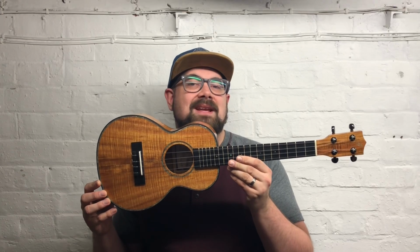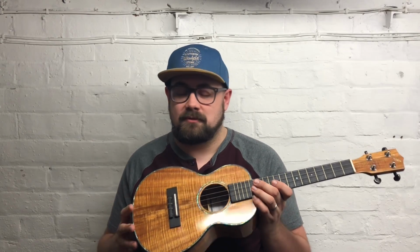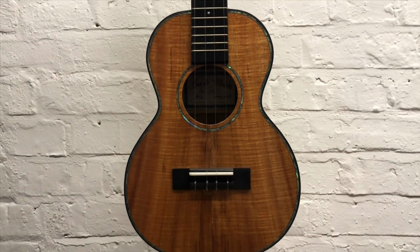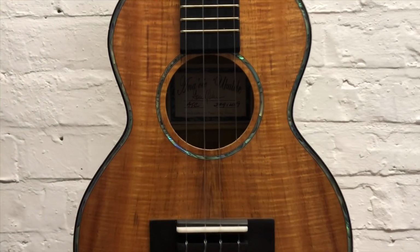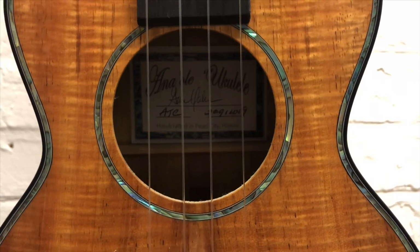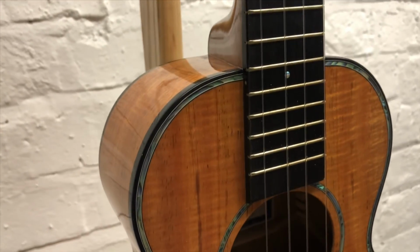Okay, and the final ukulele we're going to look at today is Bling-tastic. This is the AnaOle ATC. This is the deluxe Koa model. This has a solid curly Koa top, curly Koa back and sides. It has the same back and front black binding, but you also have abalone around the outside. So we're really into the Kamaka